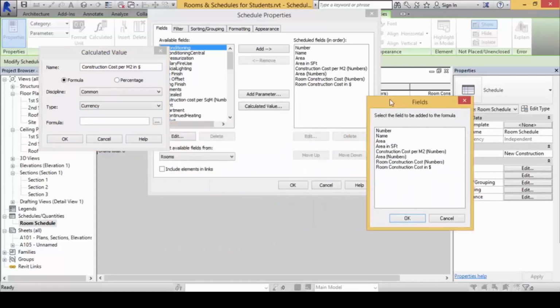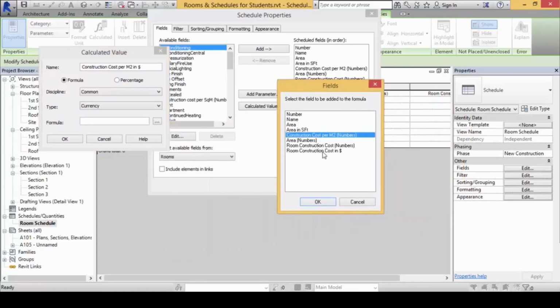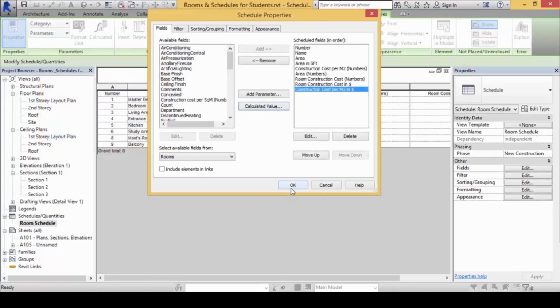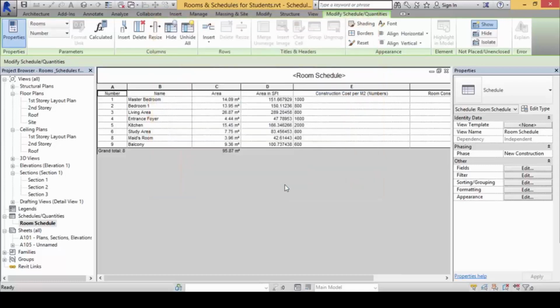I will fish the data out from construction cost per meter squared in numbers and click OK, and divide or multiply by 1, which is the same thing, and click OK and OK.